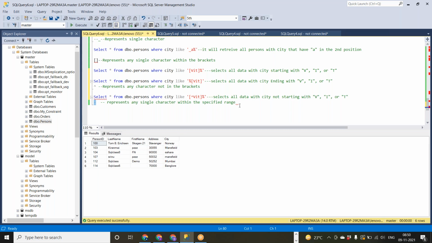That particular data should start with L, and it can start with M as well. It can start with N as well. It can start with Z as well. So if you know that particular data is in alphabetical order, you can use this range. I'll tell you an example.